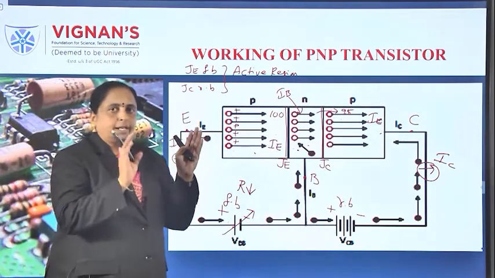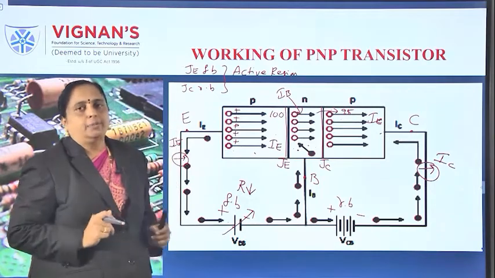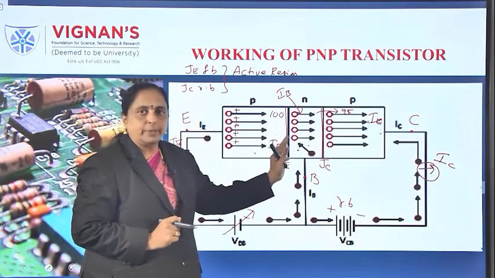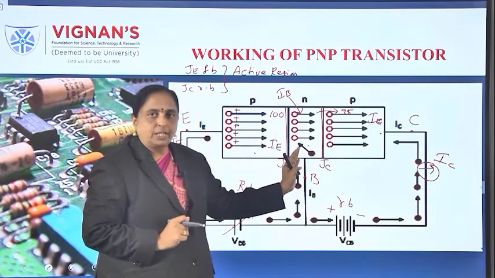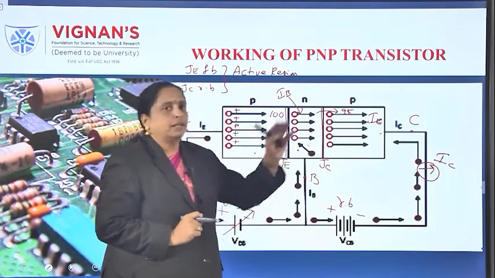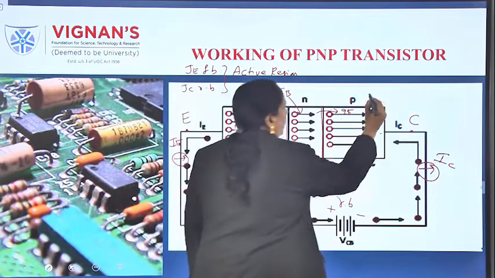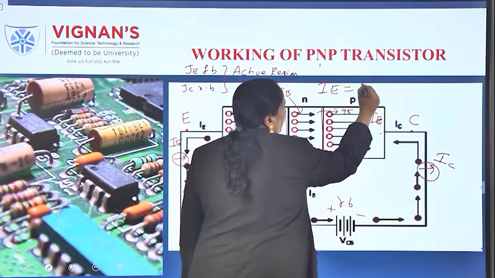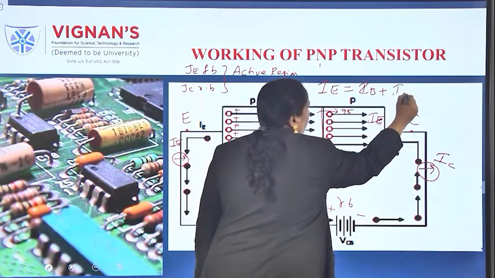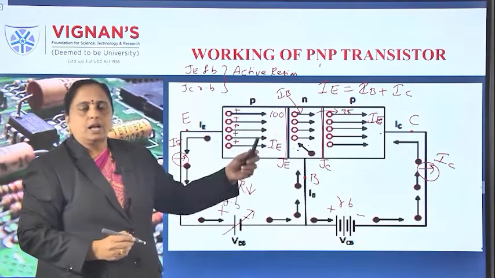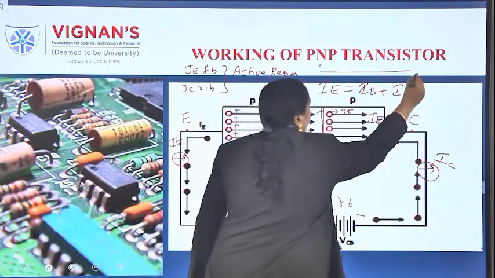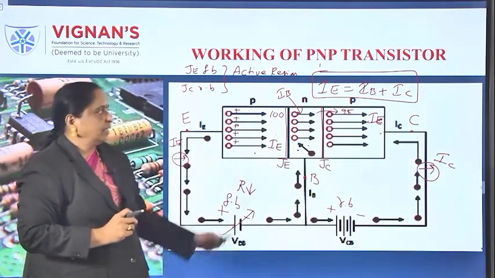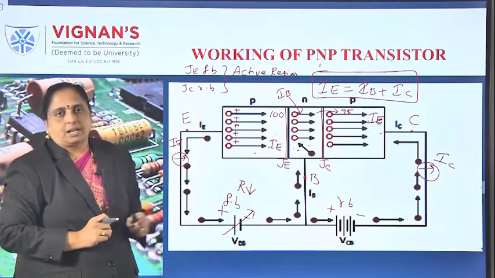Now we can conclude what the total current in a BJT is. Take 100 carriers, this is an example only. So 100 carriers start from the emitter, 5% recombine with the base and constitute the base current, and the remaining reach the collector. Therefore, we can write one transistor equation. The emitter charge carriers are distributed into base current and collector current. So IE is equal to IB plus IC. This is known as the transistor current. The total current in a BJT is the sum of base current and collector current.